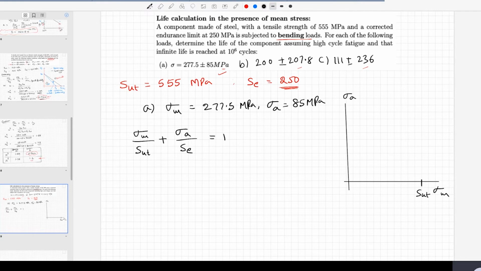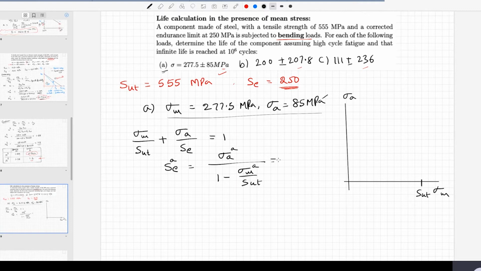Okay, so now corresponding to this stress state, what is my SE? I need to calculate. So that means for this stress state, what is my SE? SE is equal to sigma A divided by 1 minus sigma m by SUT. So SE A, sigma A, sigma m A. A means load state A.